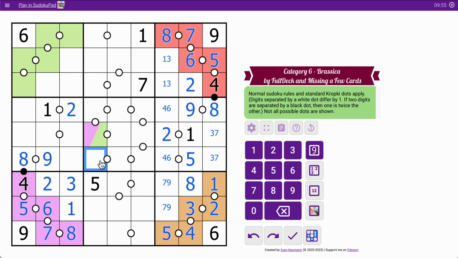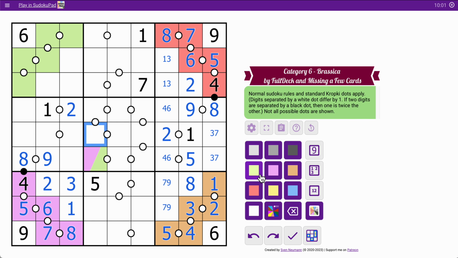Yeah, I had the wrong cell. It's actually this cell. That's the start of a 9-digit sequence, not the other way around. And it can't start with a 9, so it has to go the other way around. So that's a 1. Now the question is no, that can't be 2, because I just placed it. So this is 1, this is 2,